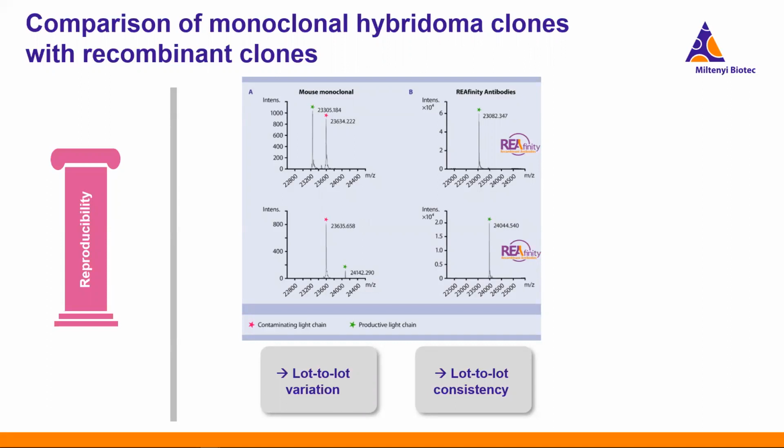So not only can you see that we have contaminating chain from myeloma, but you can see in the difference between the top and the bottom in that column, it's different for different lots. And that's really going to have a lot of lot-to-lot variation for us that could potentially even ruin our subsequent experiment if we're trying a new lot. So you can see in column B, where we have our recombinant antibody, our RIA, there's only one chain. It's only the chain that we've engineered our cell line to express. It's only the productive light chain. And from one lot to the next lot, it's going to be the same. So we have quite nice consistency there.